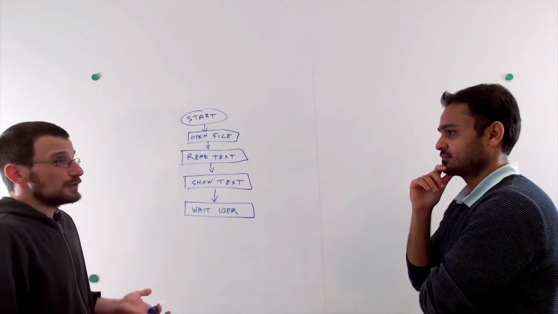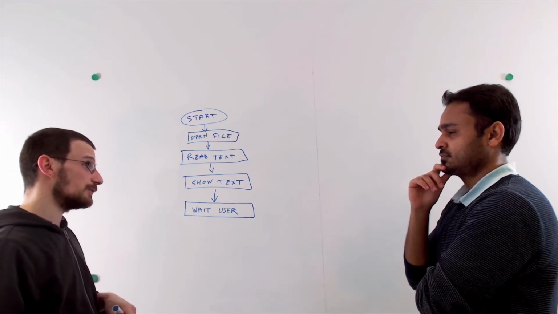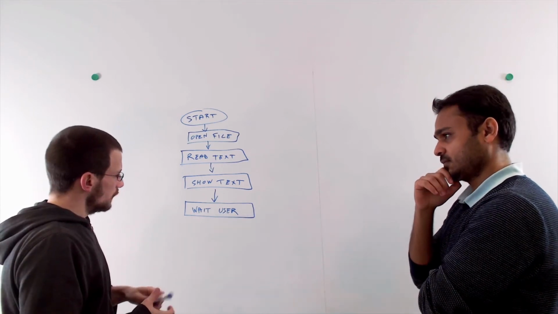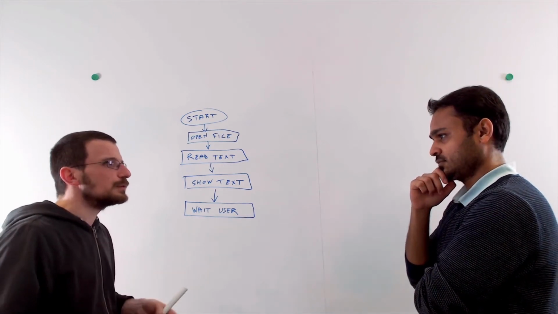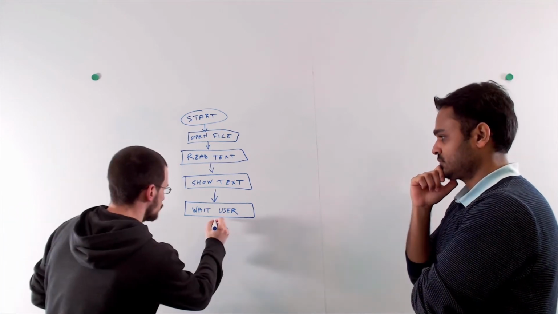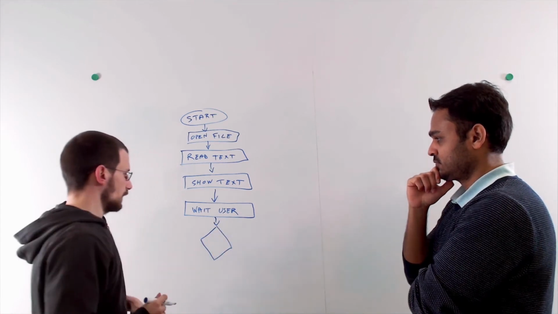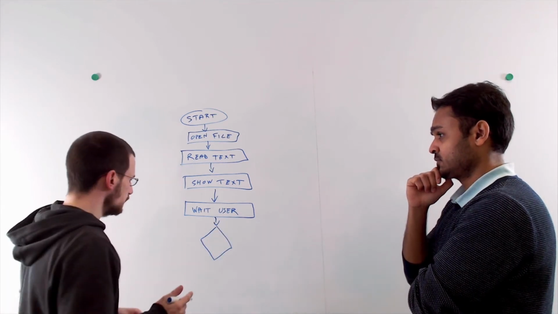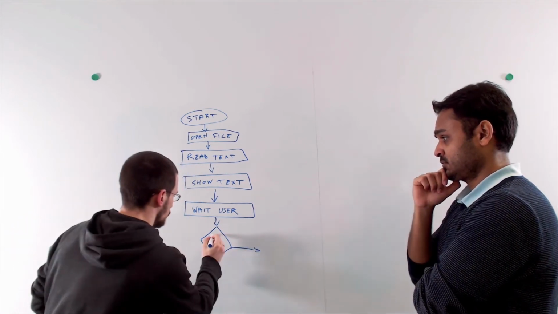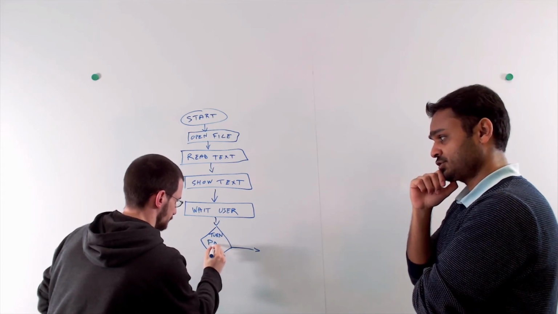Wait, first the e-reader needs to adapt its behavior based on the user's choice. Either you turn the page as a user, or you want to close the book, right? So we have our condition here, and if the user turns the page,